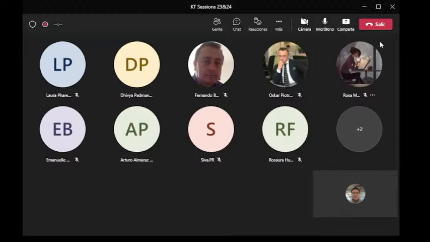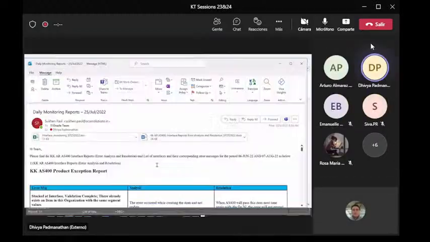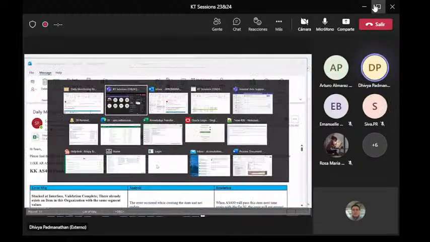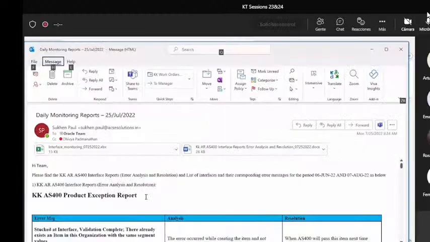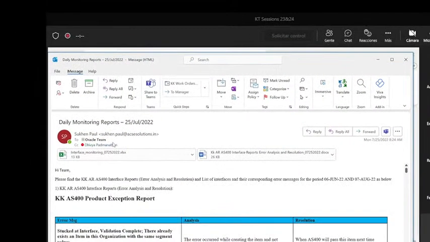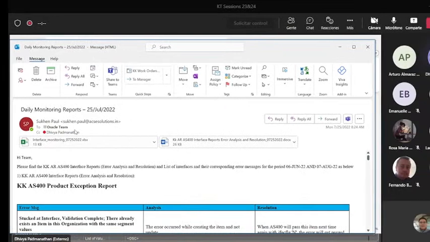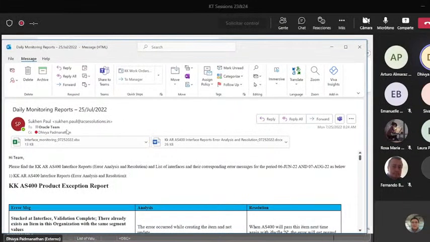Give me screen. So today's agenda is table monitoring and the transaction monitoring. So if we see, we do send the daily monitoring reports to the entire Oracle team. As in, this is dedicated to offshore, and every day before EST hours, they used to send this particular report,